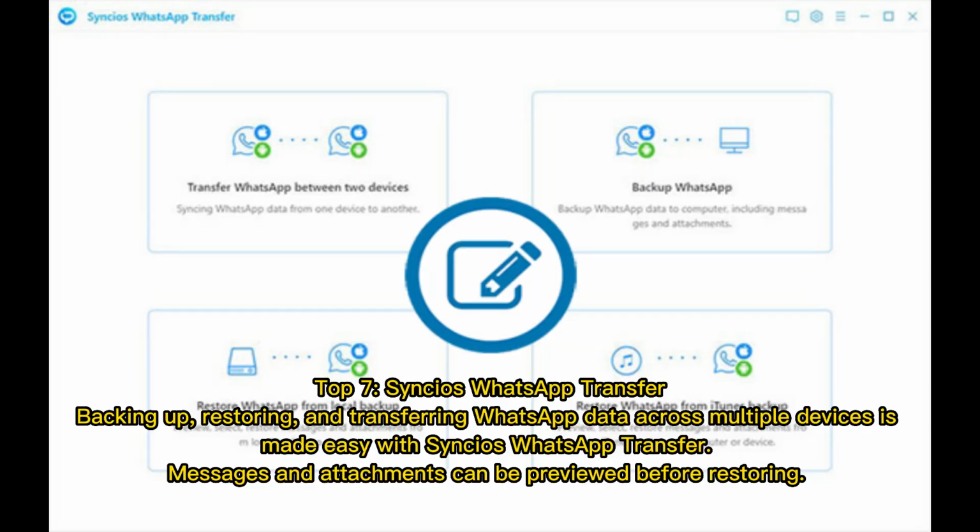Top 7. Syncios WhatsApp Transfer. Backing up, restoring, and transferring WhatsApp data across multiple devices is made easy with Syncios WhatsApp Transfer. Messages and attachments can be previewed before restoring,